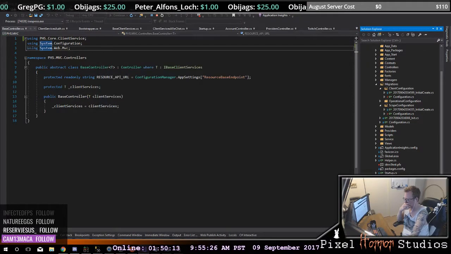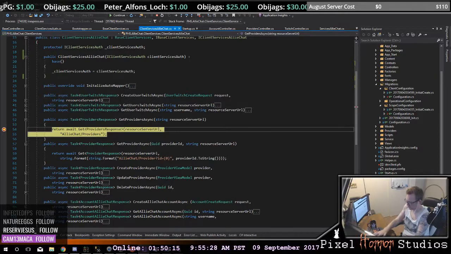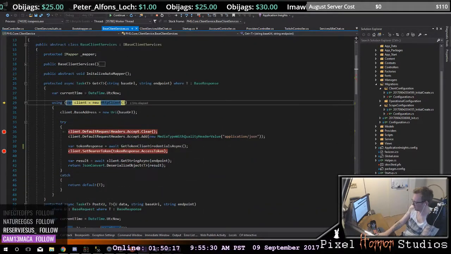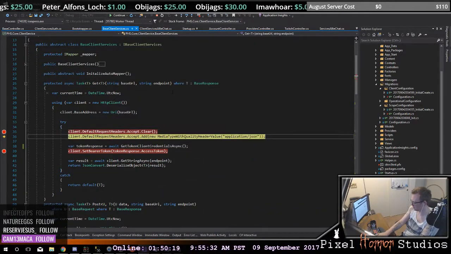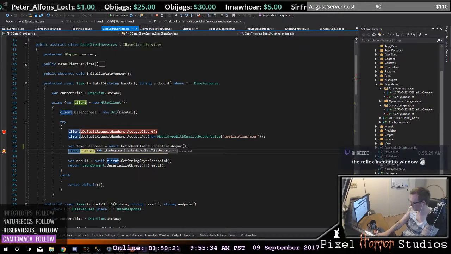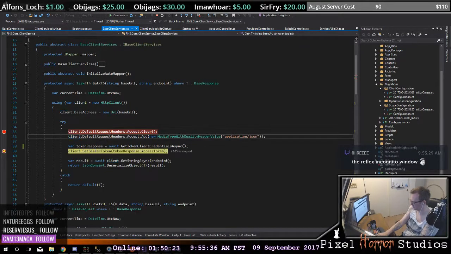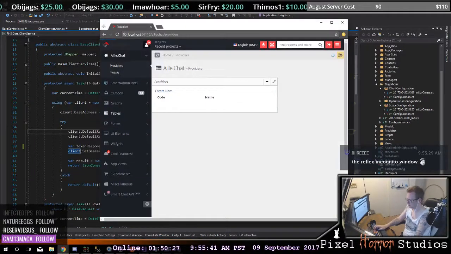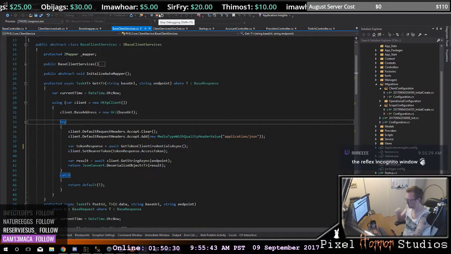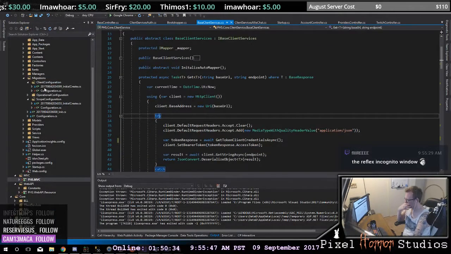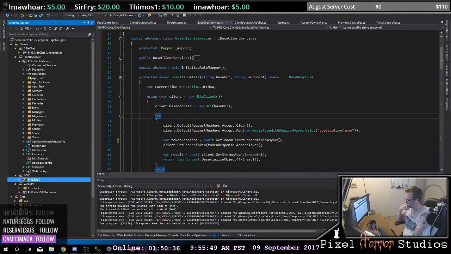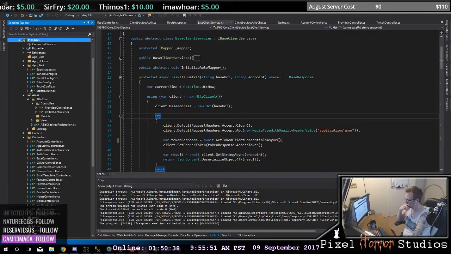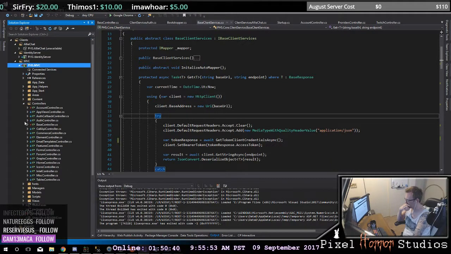We're going to come over and look at providers. Here's our get. It fires, we get our base URL. We get our token response, which says we got an access token. And so that means that now over here in my MVC or my web API,